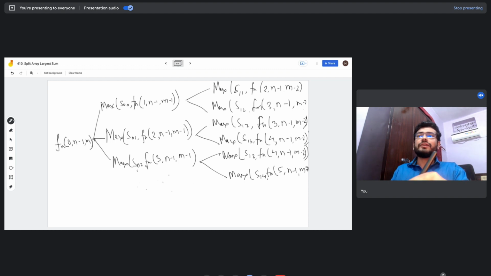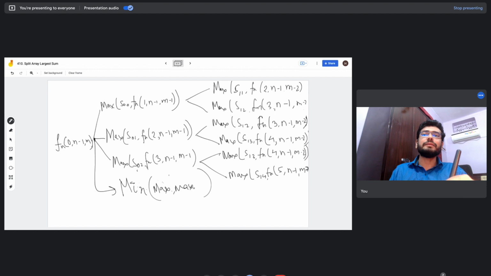And at each of these conjunction points, the operator that we are going to put is definitely the min operator. So that is our reduce operation over here. That is, first we will find the maximum of subarrays that are there for different solutions, and then again we are going to find the minimum of all those maximums, and that will be our final answer. And similarly, after we have to find the solution for m minus 1, we are going to further divide it into subproblems for m minus 2, and so on and so forth.